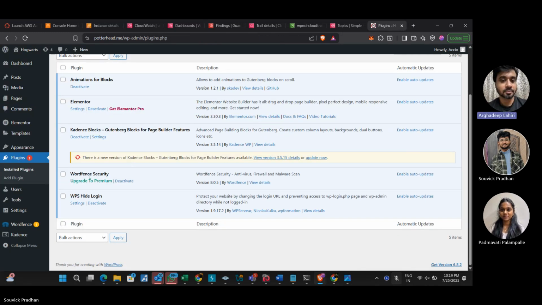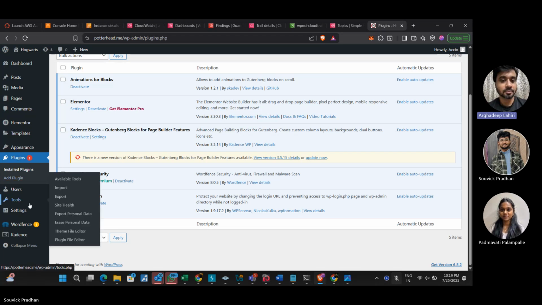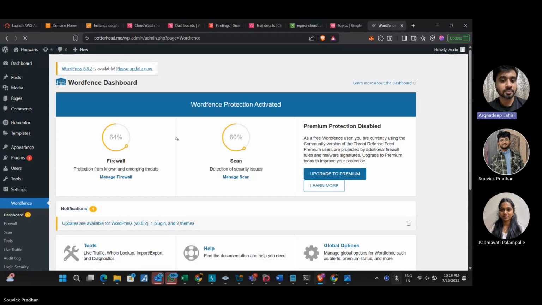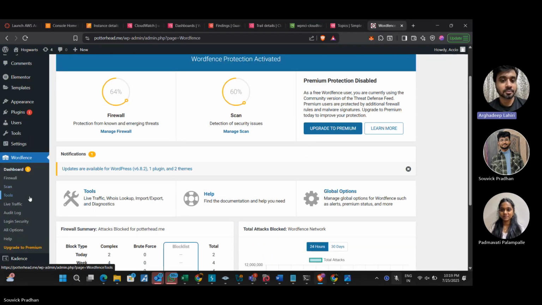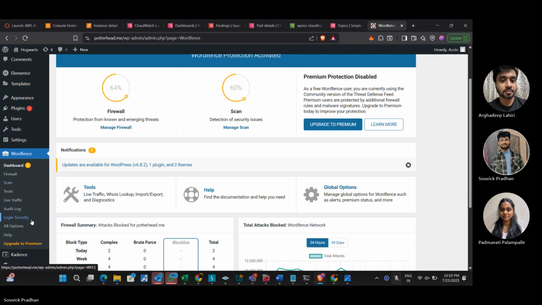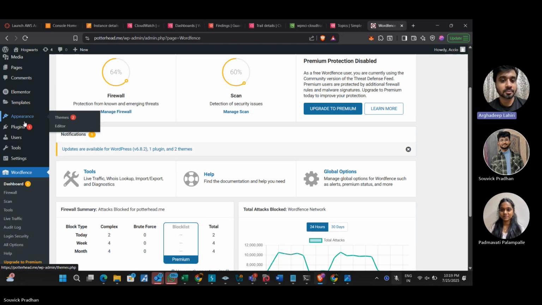So here we have implemented Wordfence security. What it does is it's working as a firewall. You can modify this as per your requirement, and on top of that, it also gives us the ability to scan your website to get all the threat details. After that, I have also implemented